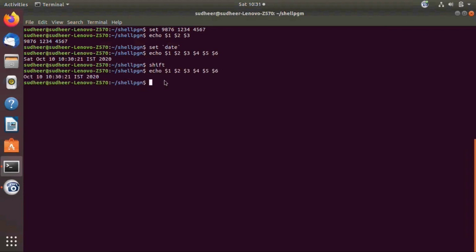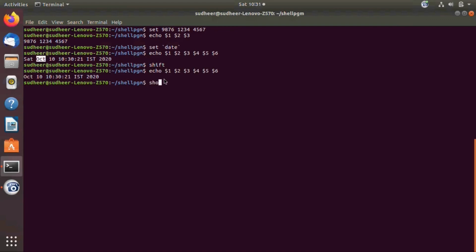See, this time for $1 you got the value October. Previously the $1 value was Saturday. After running the command shift, $1 gets October because I shifted one position to the left. $2 is 10; previously $2 was October. The shift is used to shift one position to the left.